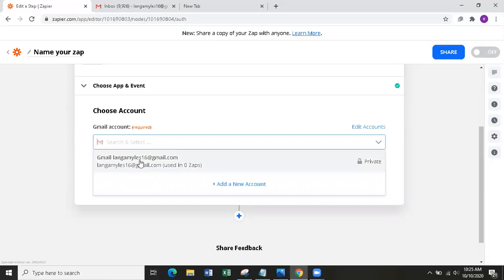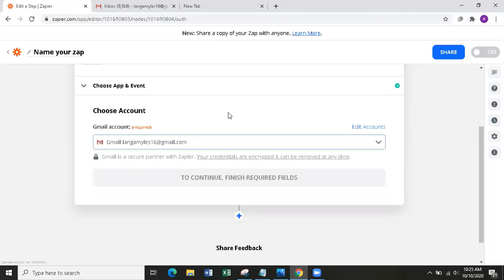And if you are new to the site, you will be asked to link again with your email. So you just have to make sure that it is connected to your email so that it can have access to, for example, the spreadsheet or the document that you wanted to link.